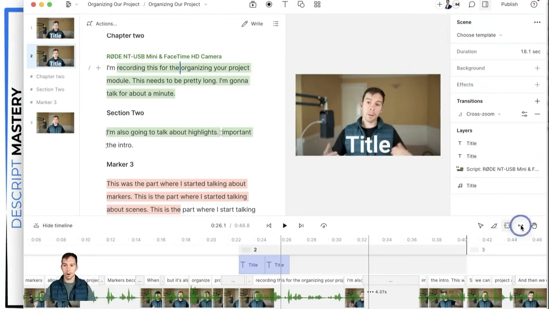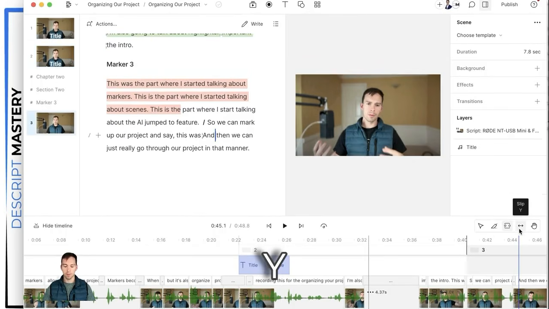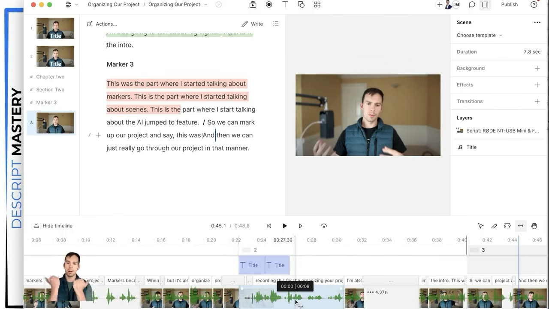Moving on to our fourth timeline tool, the one to the right of range, is slip. The hotkey for slip is the letter Y on your keyboard. If you press Y, we are now in slip mode. And you only see the slip tool when you hover over a layer that you can apply it to. So if you look at my cursor on my script layer, you can see those arrows pointing to the left and to the right. And the slip tool allows us to shuffle the audio in a file without moving the